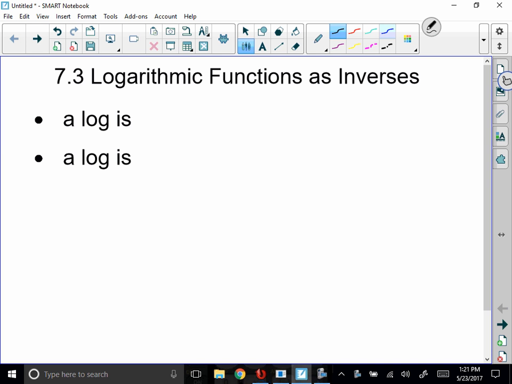It's a quick lesson on logarithms. I'm going to start off by saying a log is an exponent. If you don't know what a logarithm is, it's an exponent. I'm going to go on to say a log is